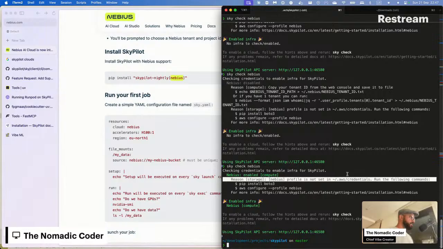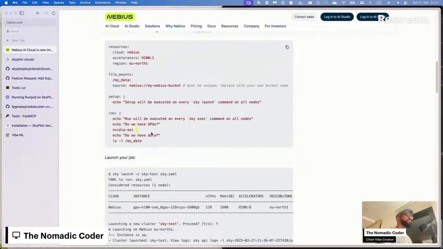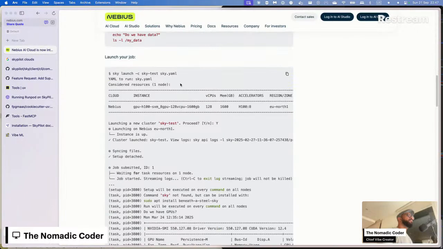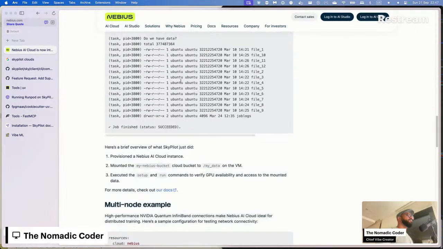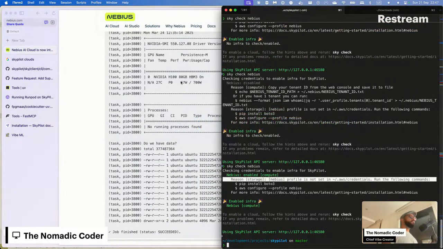We still don't have storage. Okay, sweet.